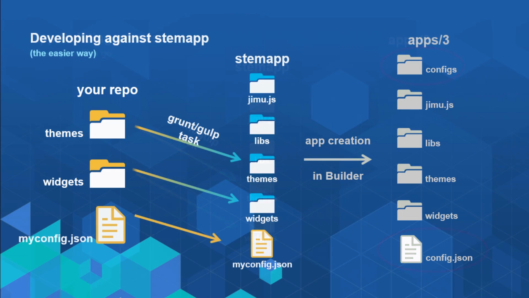Another thing that we do a lot is dealing with these apps that get generated. Sometimes when you're developing a widget from scratch, you're not ready to deploy it into an application at all. You just want to develop your widget and get it to a stable state, and once it's stable, then you'll worry about putting it into an application. There's a trick we can do with a URL parameter where we can develop directly against stemapp itself. So if you look at what I'm doing here,